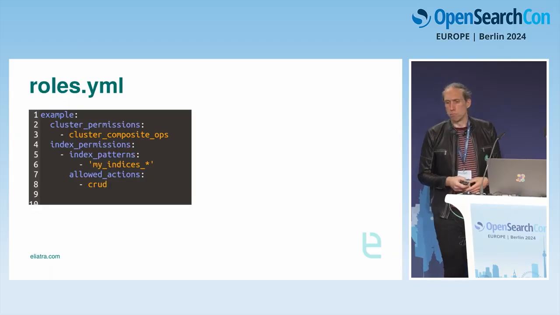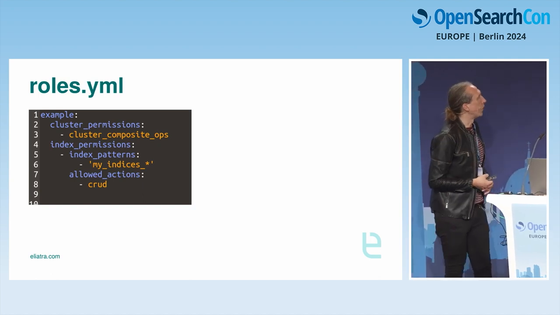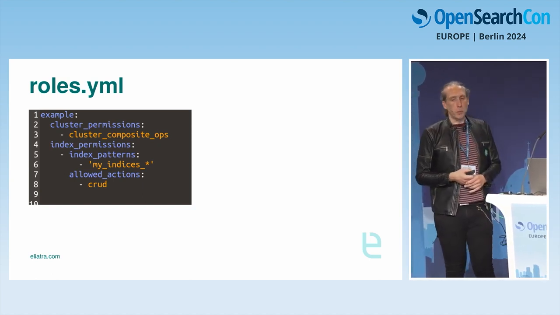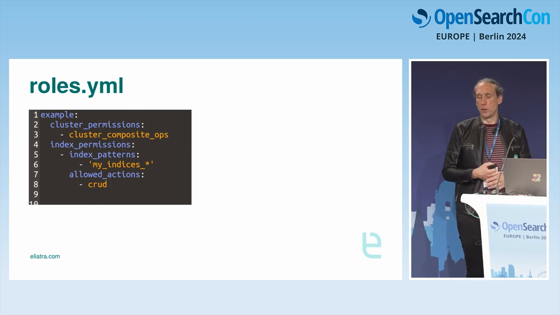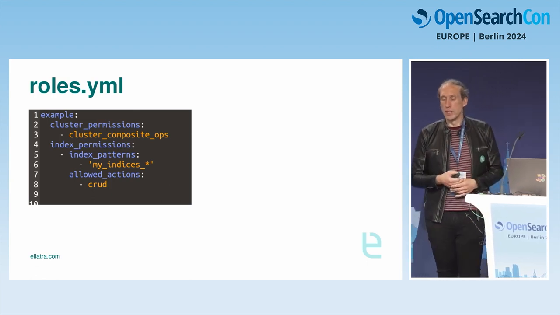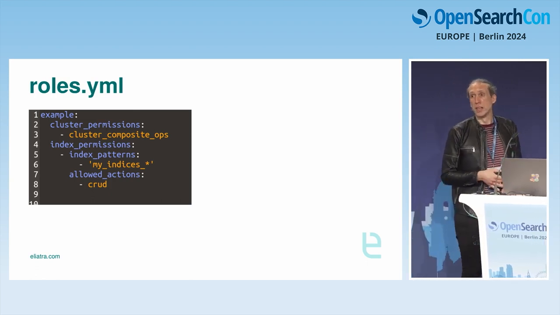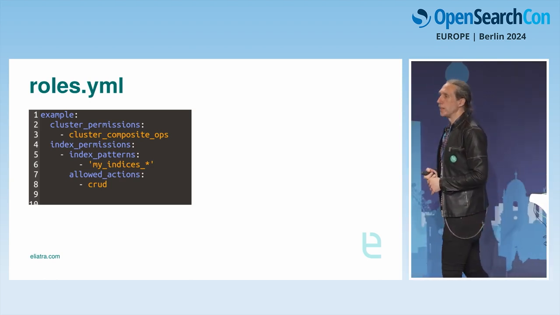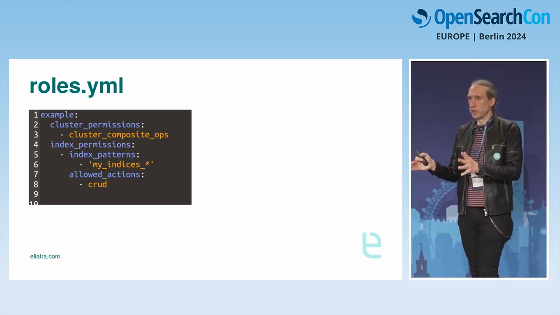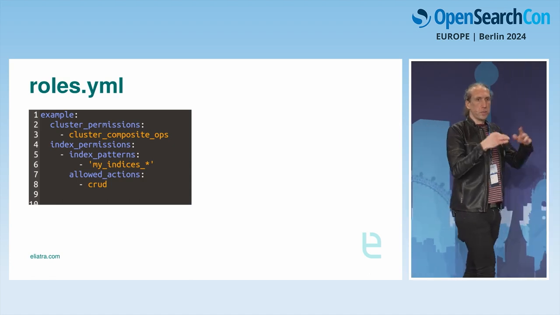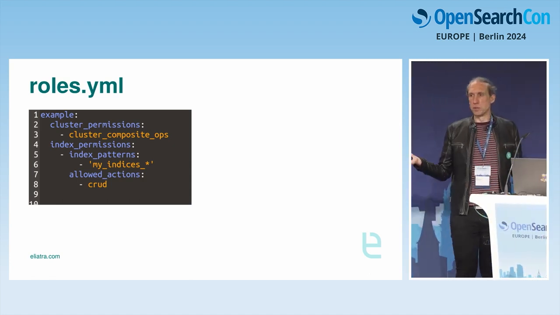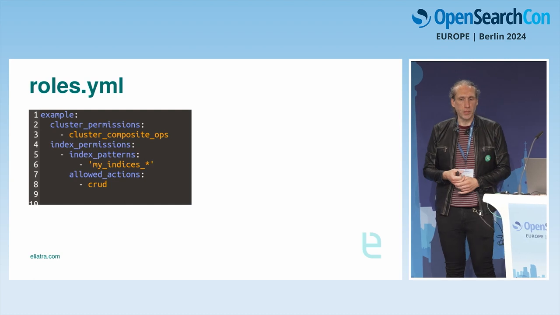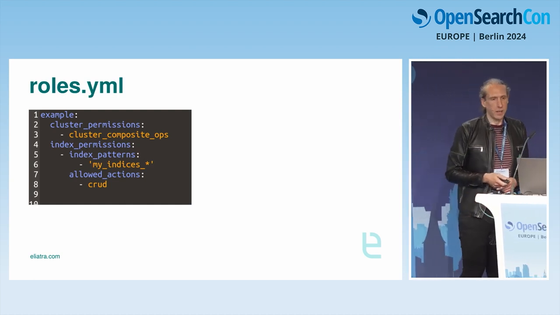Let's have a look at a very simple example of roles. You can see we have our roles fall into two parts. We have index permissions and cluster permissions. Index permissions always come with an index pattern, so these apply only for a selected set of indices. Cluster permissions are kind of the global permissions. You also could have just called them global permissions. These are independent of